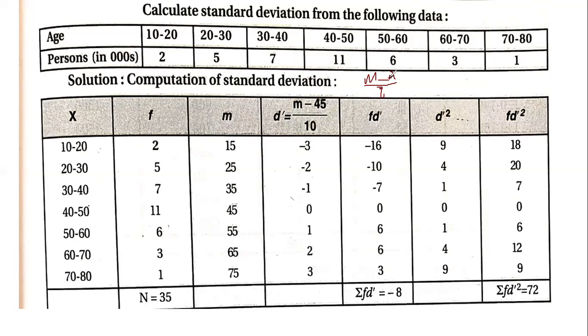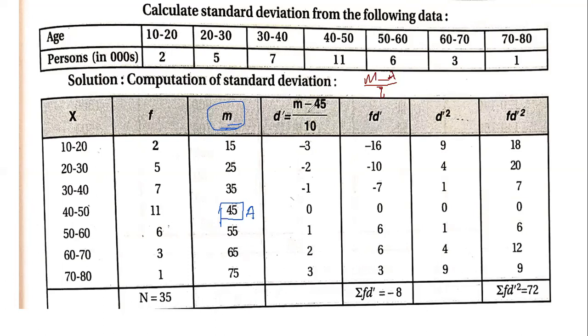So let's take a value as assumed mean. In this problem, I have taken the value of 45 as the assumed mean because it is the central value. Again, I repeat, you can take any number from midpoint. Now don't go back and take from frequency or X. In a continuous series, assumed mean must be considered from midpoint. So from midpoint, I've taken the central value as assumed mean, that is 45.